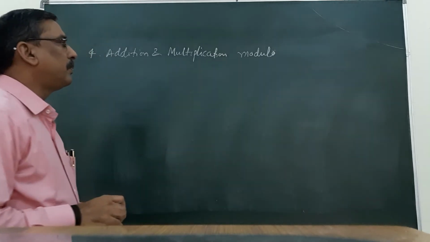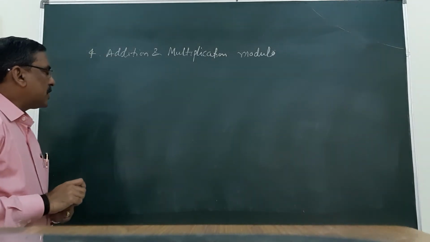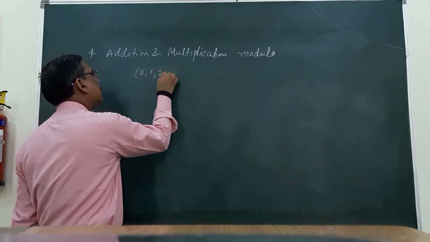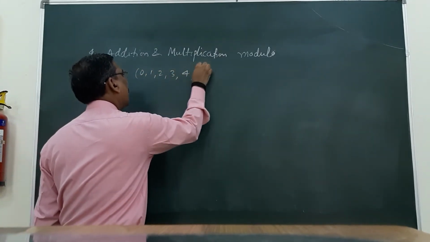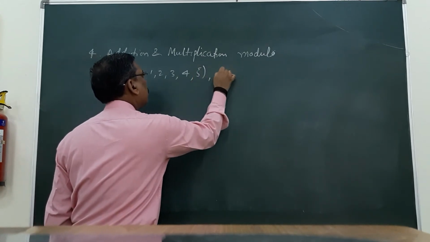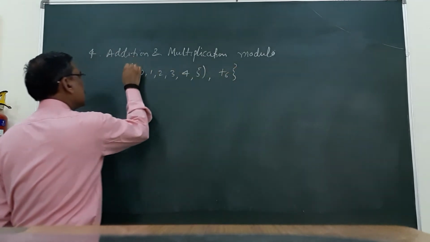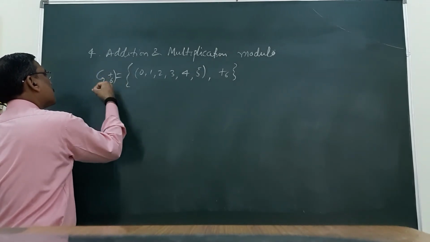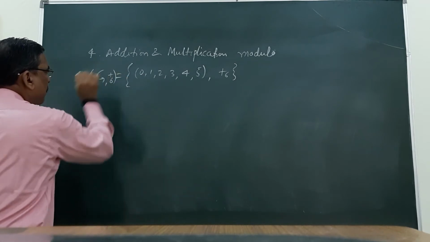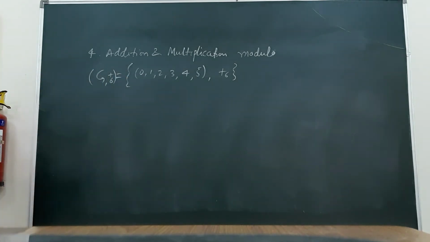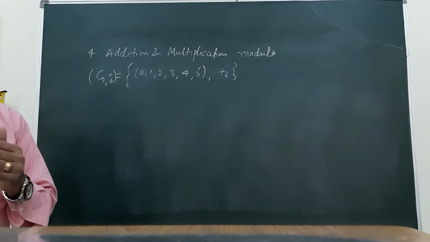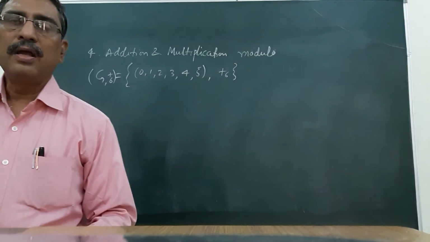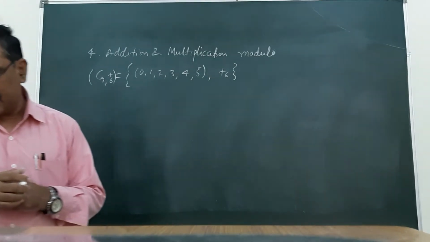Addition and multiplication modulo. For this, we can take the set 0, 1, 2, 3, 4, 5 and addition modulo 6. This is an algebraic structure. Say this is G and plus 6 is the operation. Whether this structure will be a group or not,